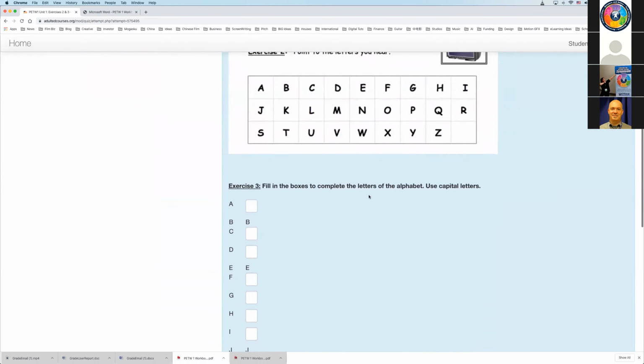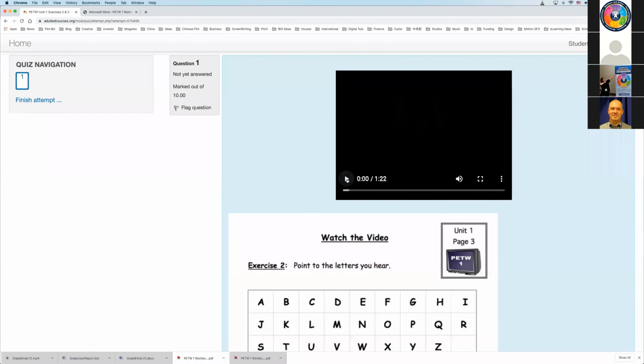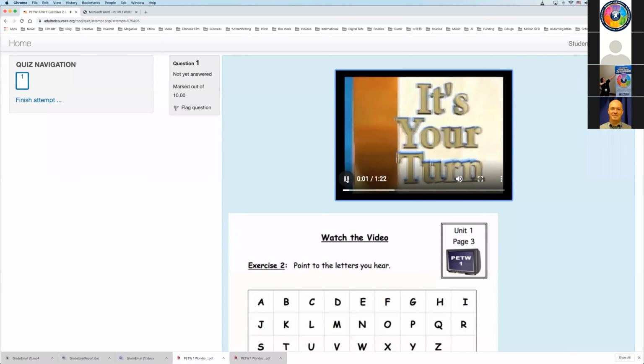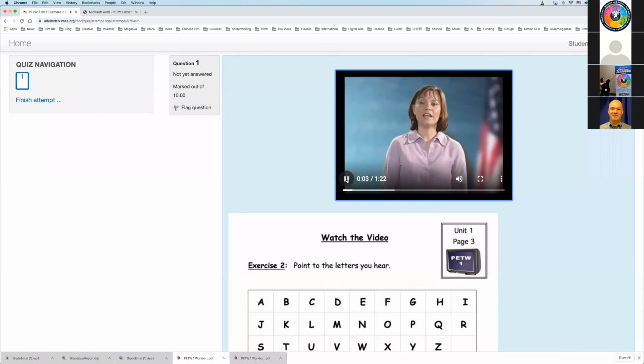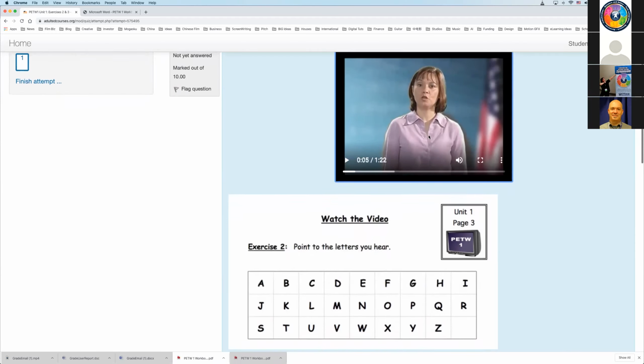And this is where the students will watch the video. And the good thing about this is that in the old days, the student would have to try to find this moment on the DVD that corresponds to this exercise. But on Moodle, the clip from the video is already on this page.